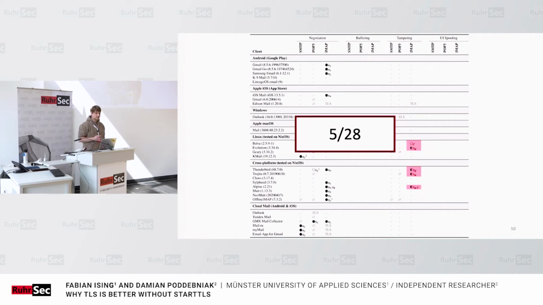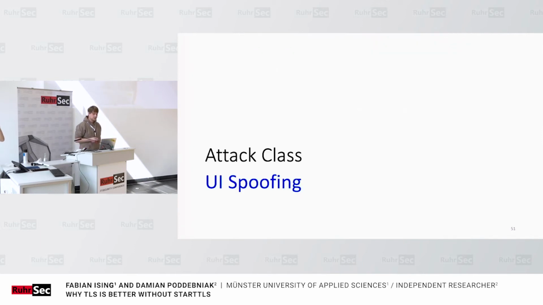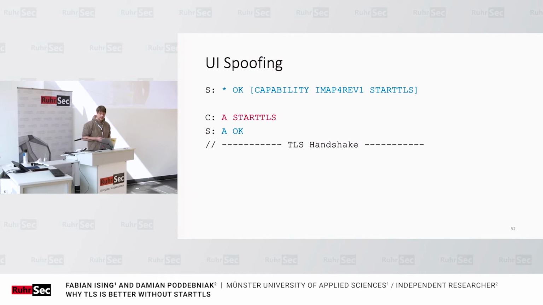also with varying consequences, but we know of at least one client where we could, for example, delete the whole mailbox by doing things like that. Which brings us to UI spoofing, which is similar to tampering, but in UI spoofing we are not interested in the permanent part, but instead we want to show dialogues to our user, for example, for effective social engineering attacks. And here IMAP helps us a bit because in IMAP there is a dedicated response that should be shown to the user. It is called the alert response.